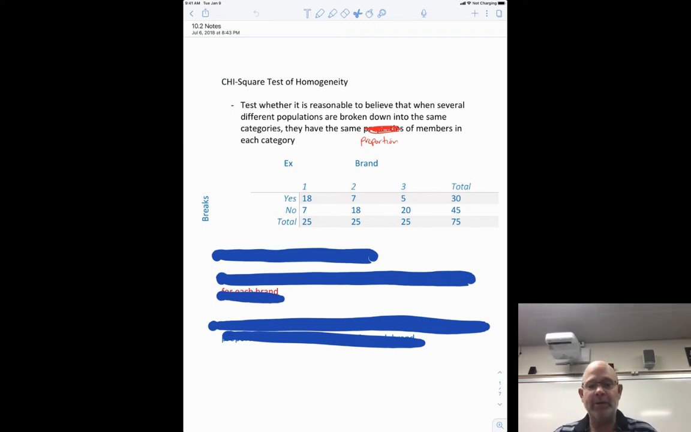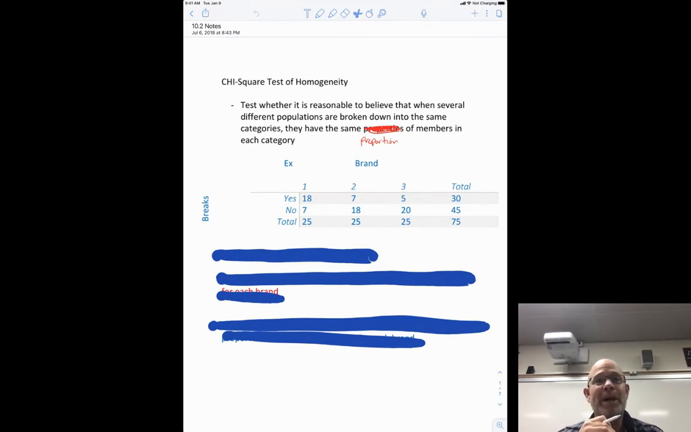All right. Hello, everyone. Section 10.2, another chi-square test. This is a different type of chi-square test. This is called a chi-square test of homogeneity. The chi-square test of homogeneity, as you can see on my screen, tests whether it is reasonable to believe that